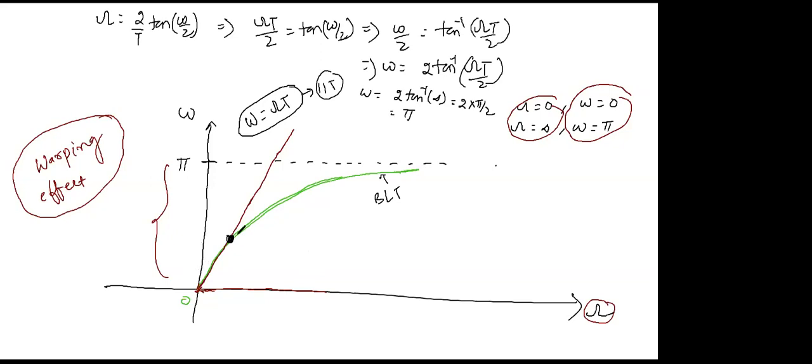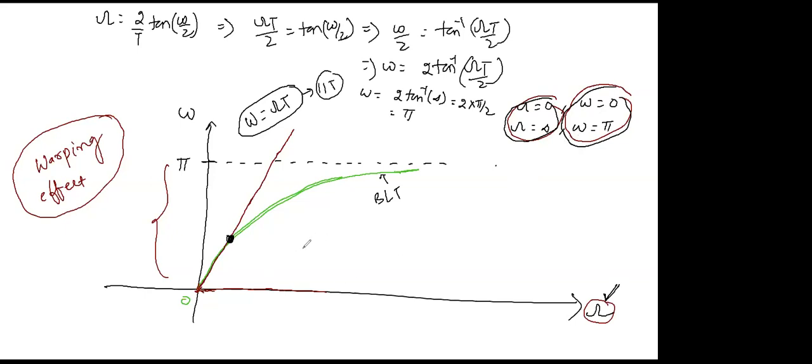So this is the disadvantage, since for high values of analog frequency we get the non-linear nature of the characteristics. This is known as the warping effect. Why warping effect? Because of the non-linearity, it introduces some noise, because you are not getting the same response. So you can remember it either way: the infinite analog frequency range is compressed into a finite region, 0 to pi of the digital domain. This is known as the warping effect.